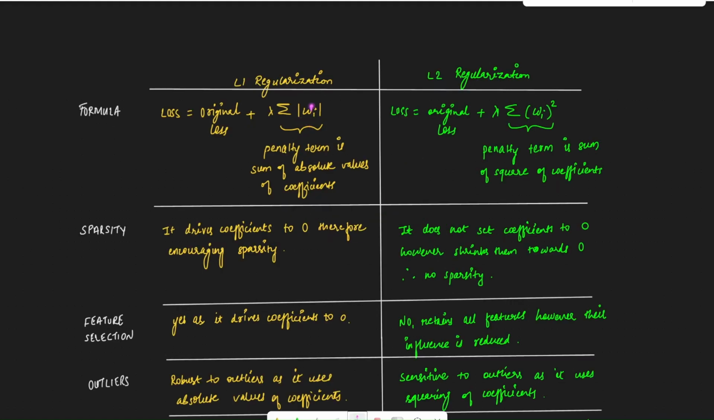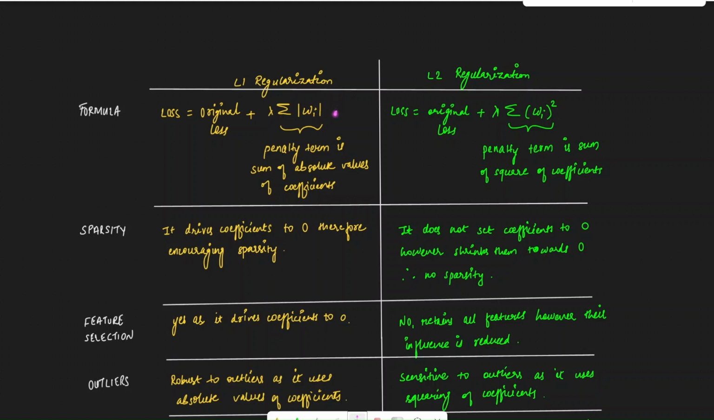The first difference between L1 regularization and L2 regularization is in terms of formula. So for L1 regularization, the formula is loss is equal to the original loss plus lambda, which is a hyperparameter, multiplied by summation of mod of wi, and mod of wi is the penalty term that we add to this original loss function. So this penalty term is basically the sum of absolute values of the coefficients,